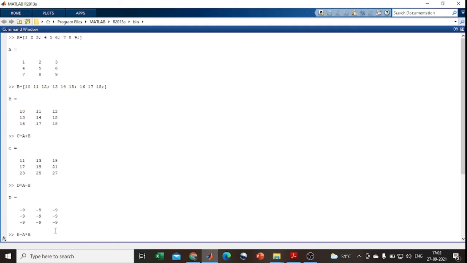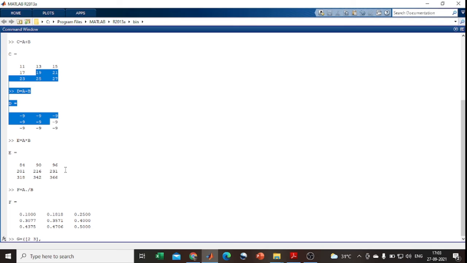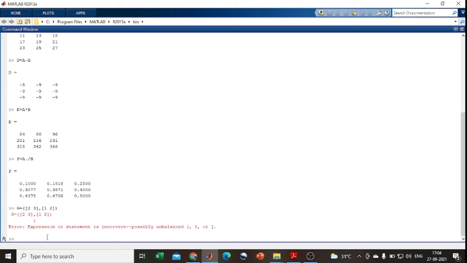What values do I need from the columns? The first column and second column have 4 7 in the first column and 5 8 in the second column, so I use a square bracket, after that the first column and the second column. Likewise I enter it, after that close the bracket. From this I can get the values.